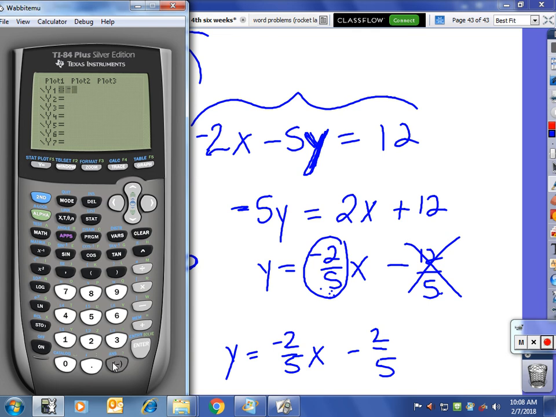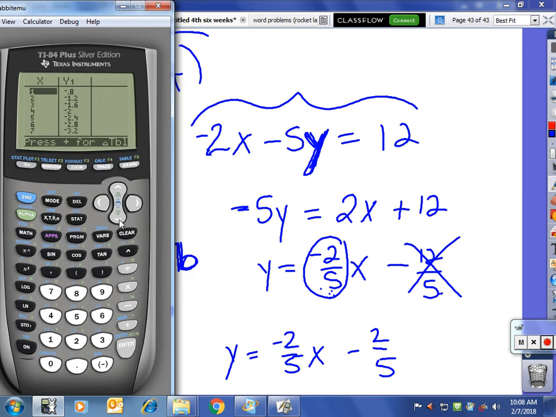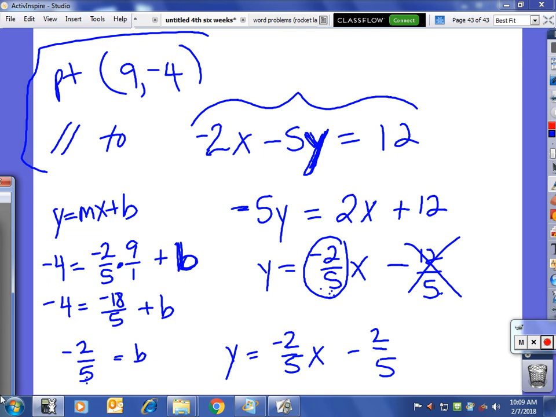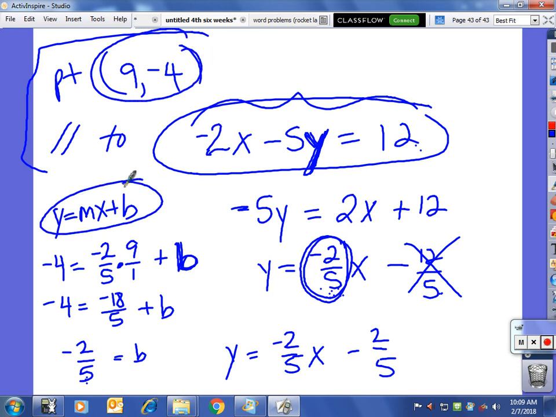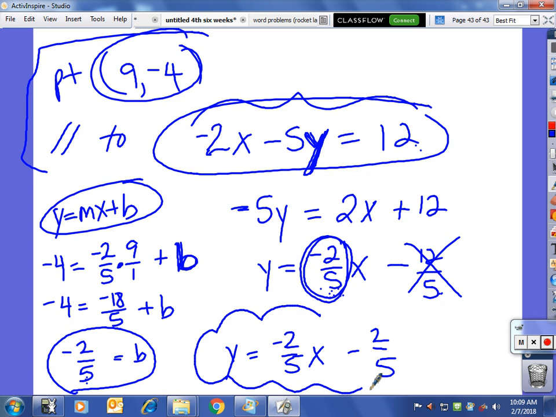All right, so negative 2/5 x minus 2/5. And then I've got to make sure that point that I was given is on the line. 9, what was it, 9, negative 4? And there it is. Okay, so think about what I had to do here. First, I had to convert this so I could find the slope to use. Then I had to use that slope and that point and plug it into y equals mx plus b so I could find what y-intercept to use. Here is my answer, except